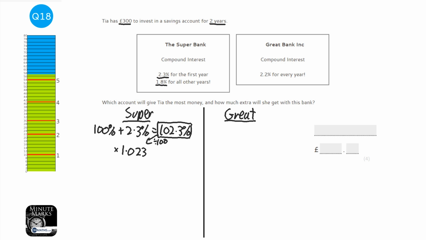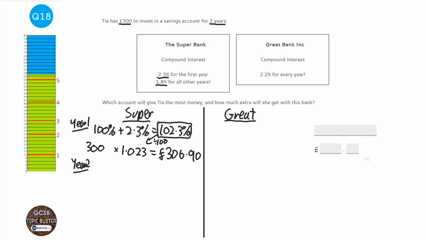So if I times 300 by that, that will tell me what we have after year 1. So let's calculate 300 times 1.023. You might need to press S to D. And that is £306.90. Okay, so that's year 1, and we might as well just write year 1 somewhere. Okay, so year 2,